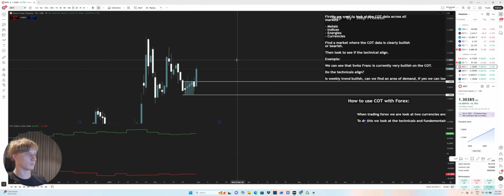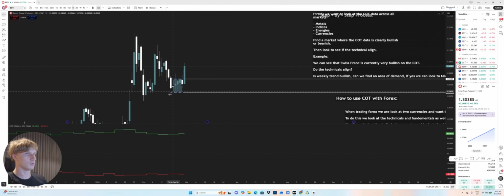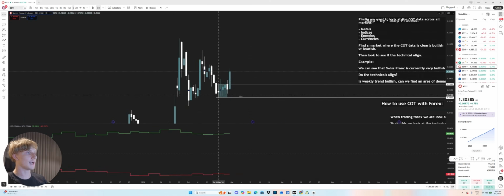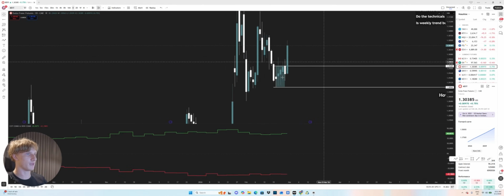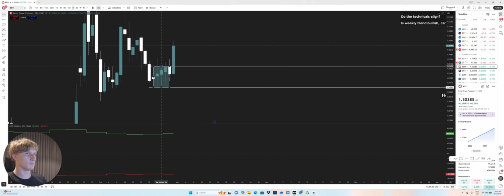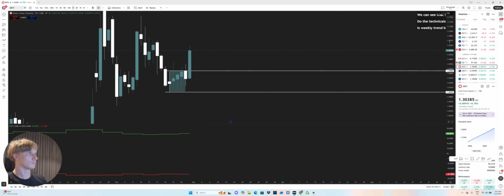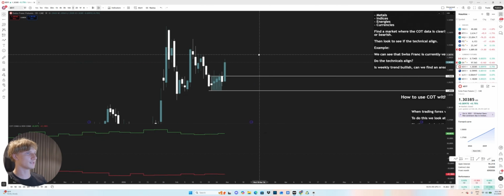So we can go ahead and mark out the preferred. We're looking at demand. Bottom line stays the exact same. Top line, we move down to the highest candle body within the base. Remember, the base is the indecisive candles. And in this case, from what we have isolated, this candle body right here, this white one, is going to be the highest candle body. Cool. So now we've isolated that.